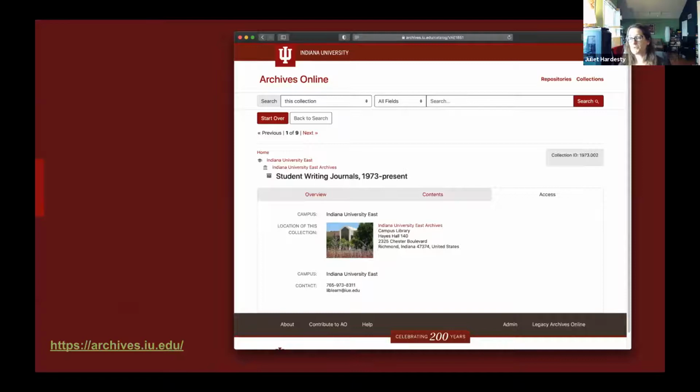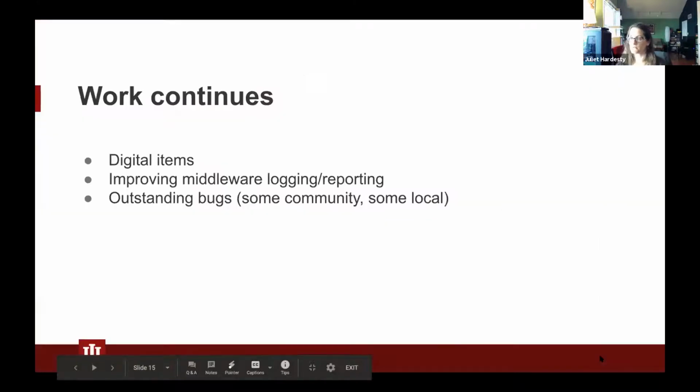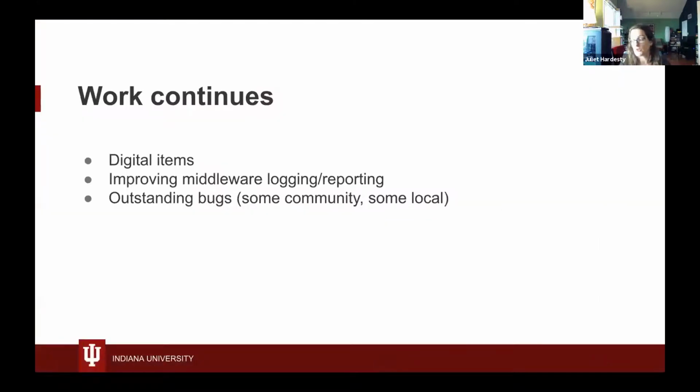So we do have that tabbed interface at this point, but I think we're open to potentially looking at what that interface is doing in the future. And the work is continuing. At this point, we don't have digital items available in our implementation of ArcLight yet. But we will be implementing the Universal Viewer as a IIIF enabled viewer for the digitized content we already have for our current finding aid collections and for newly generated digitized content.